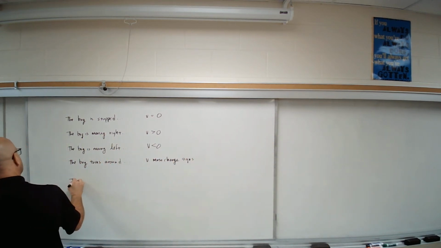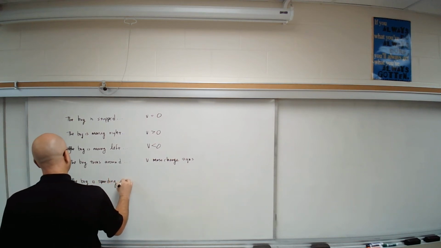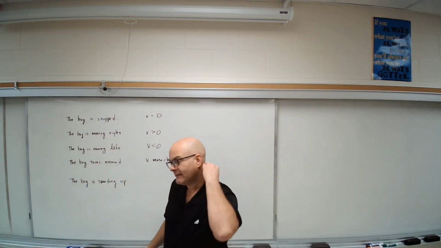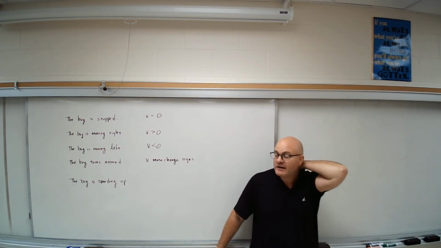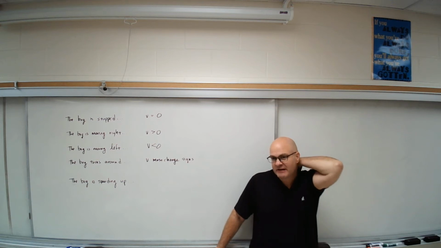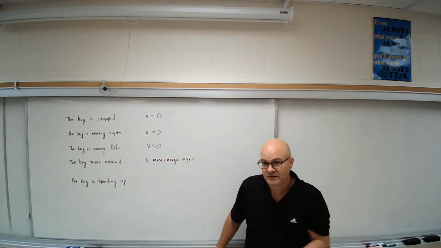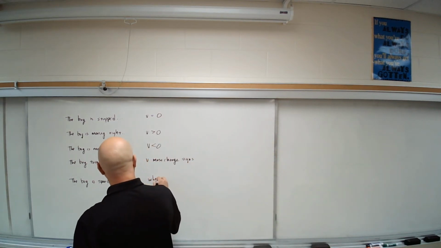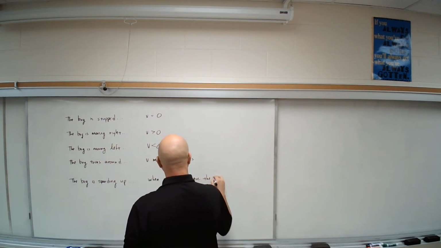Last couple here, the bug is speeding up. This is where, at times, the way that you talked about this in an earlier physics class may not work here. Here in calc, we're going to be pretty specific, but we define that when the object, or the bug in this case, is speeding up, it is when the velocity and the acceleration have the same sign. So this would be when V and A have the same